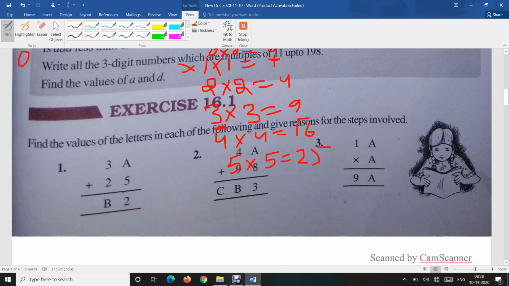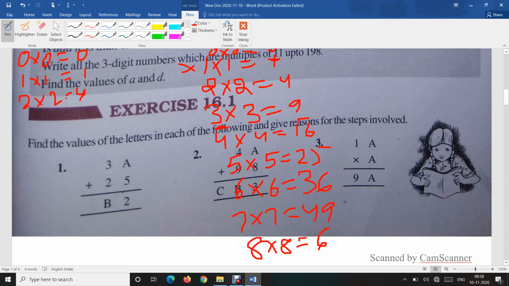There is one more thing. If we try 0 multiplied by 0 is equal to 0. 1 multiplied by 1 is equal to 1. 2 multiplied by 2 is equal to 4. 5 multiplied by 5 is equal to 25. And 6 multiplied by 6 is equal to 36. 7 multiplied by 7 is equal to 49. We know 8 multiplied by 8 is equal to 64. And 9 multiplied by 9